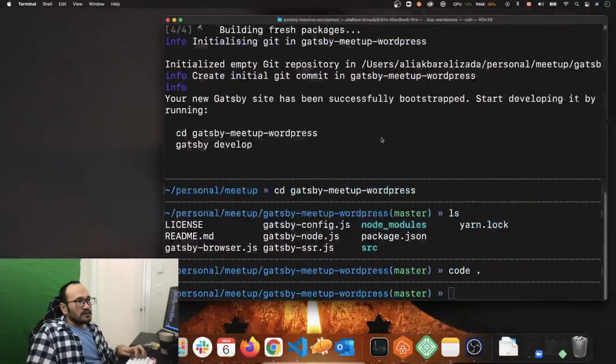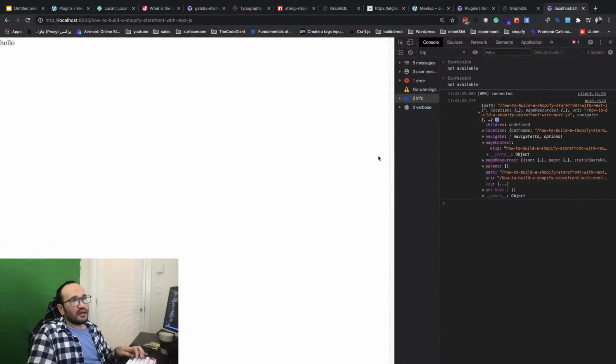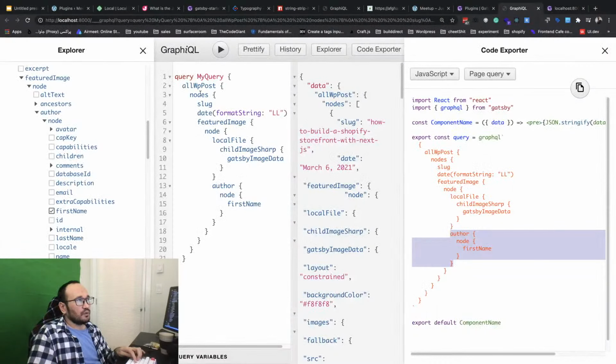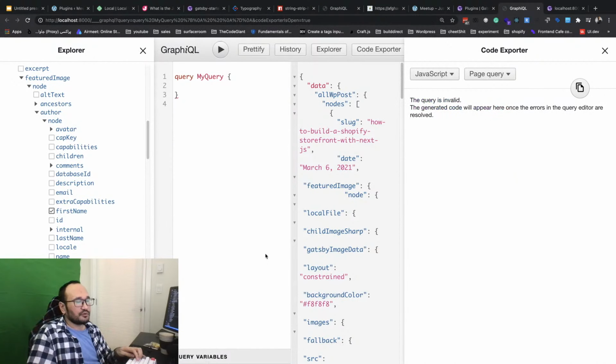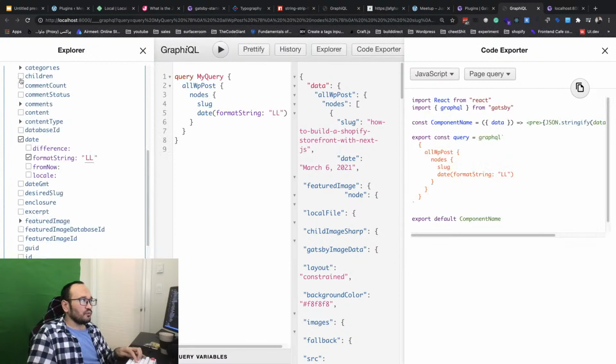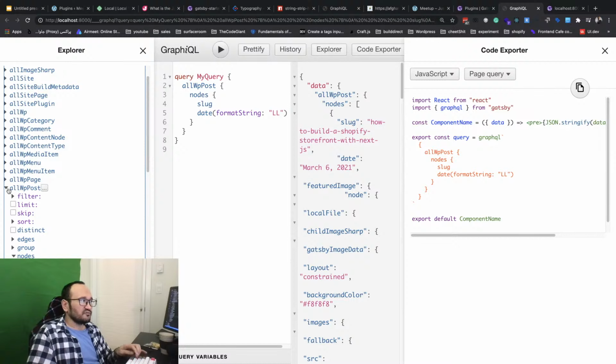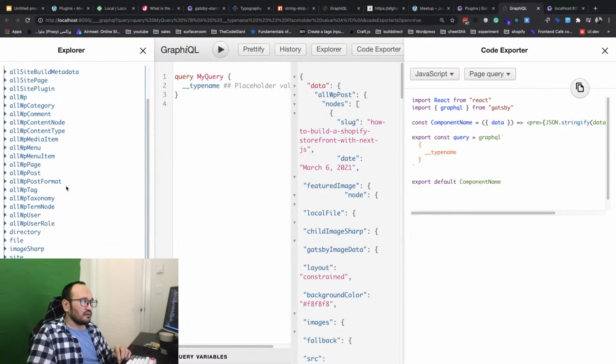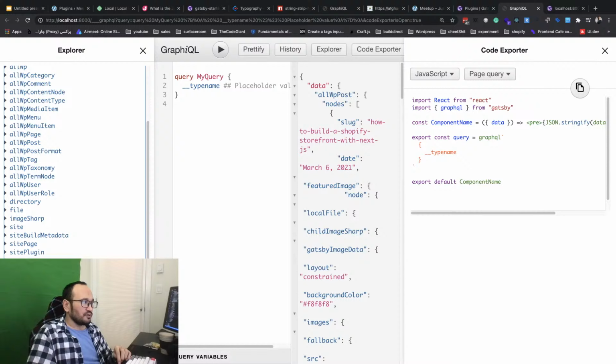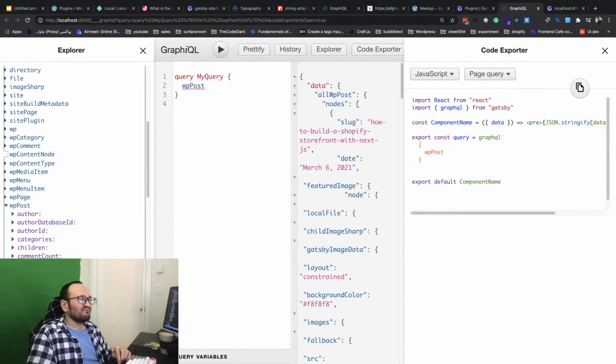And then let's see how we can code it in the graph, right? So I'm going to remove all this. Do you remember we had all WP posts because we wanted to get all the posts? Right now we don't want to get all the posts. We want to get just one post, and that should be the post we are in.